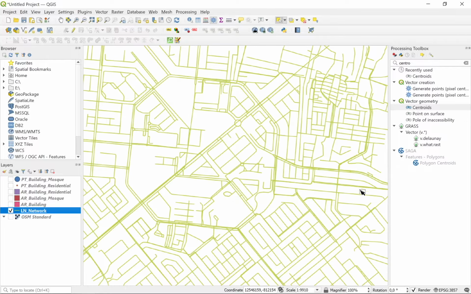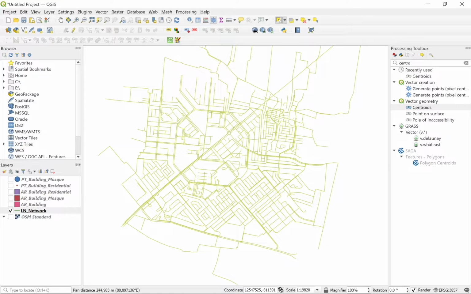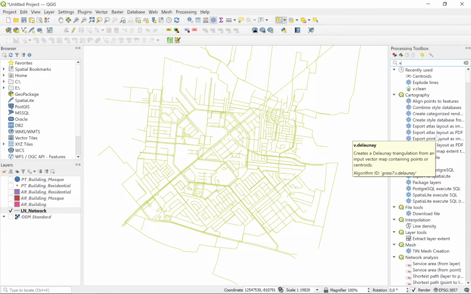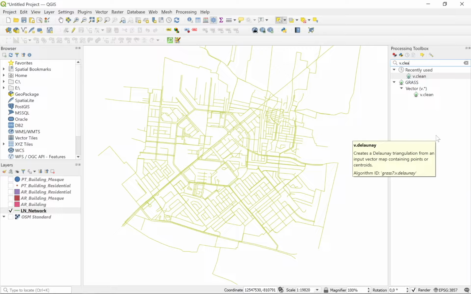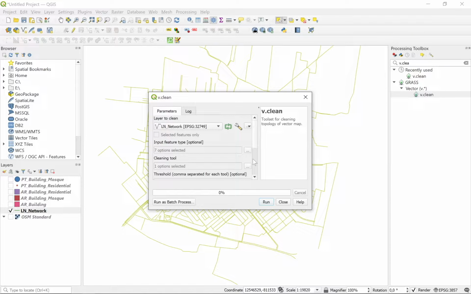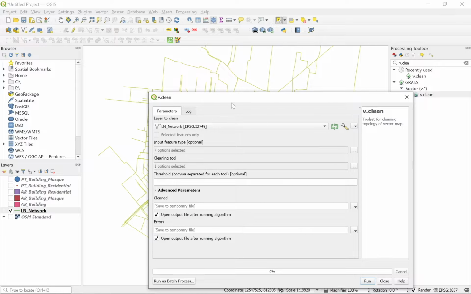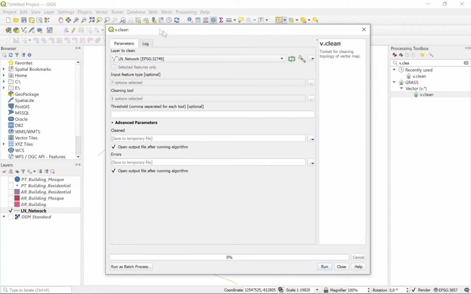We can close this one, and to prepare the network, we can go to processing toolbox and use v.clean. This feature helps us to clean network segments. Double click, and then we can select the line network.